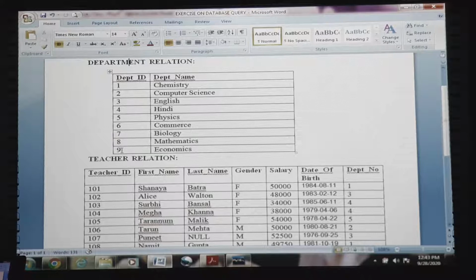Now, if there is a requirement for insertion of all the 8 tuples in a single query, then how can we achieve it? Let's see.